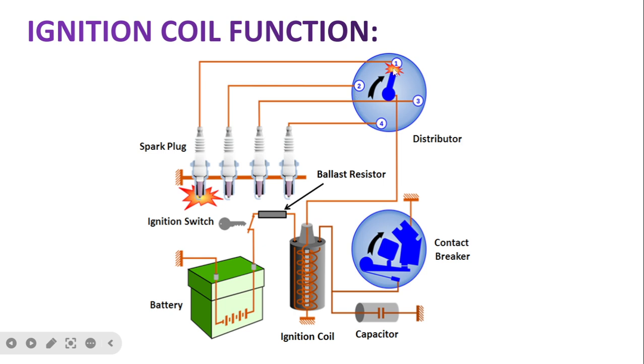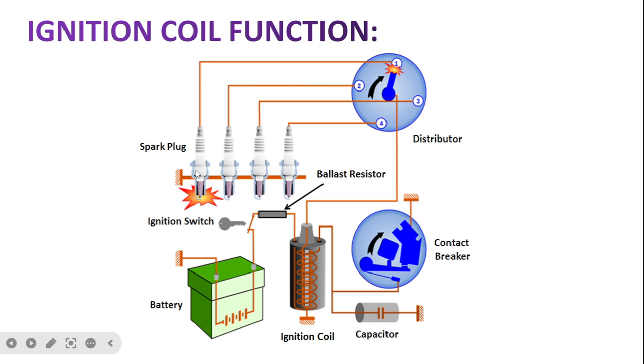Now this is rotating clockwise, meaning now it is on the first coil, so a spark is created at the first coil. Here is the line; you can see the spark is created inside the engine by using the spark plug. Secondly, it moves toward the third coil, meaning the firing order is like this: 1 3 4 2, one at a time. Now it moves toward the third cylinder, or third spark plug.